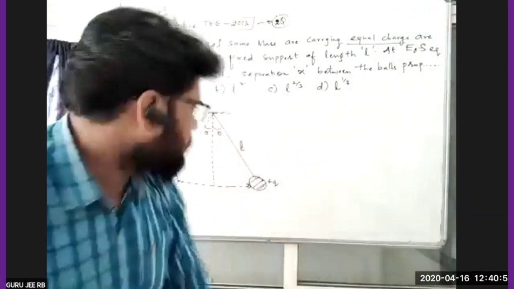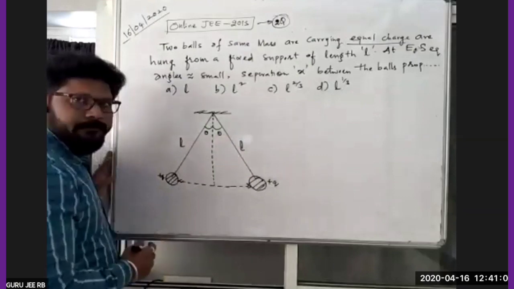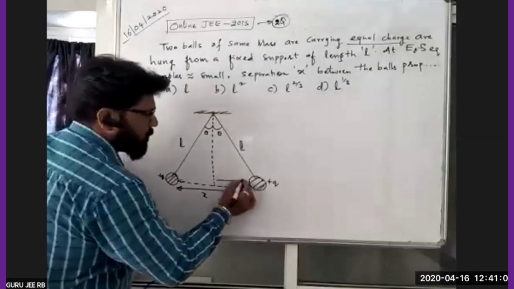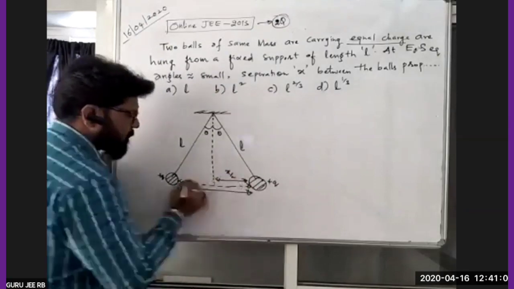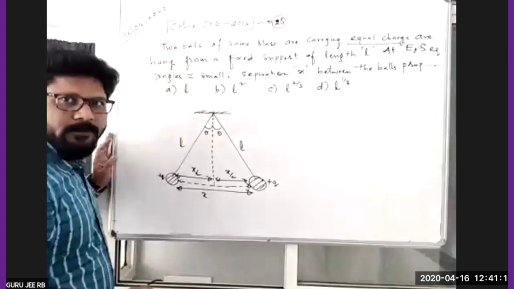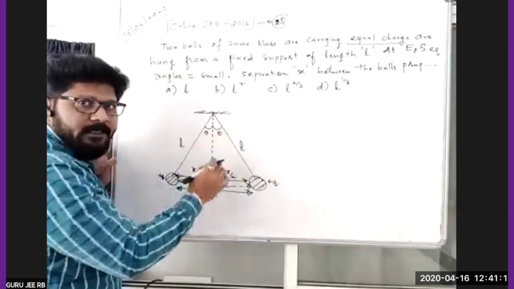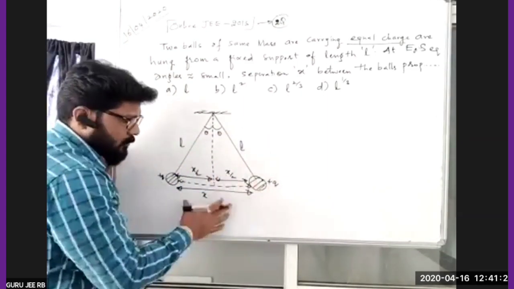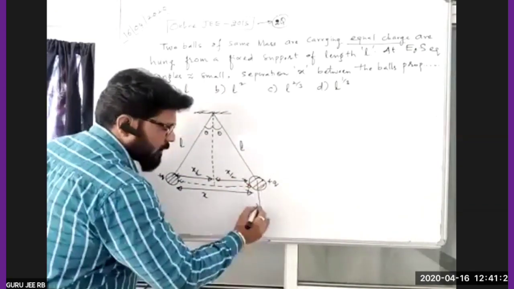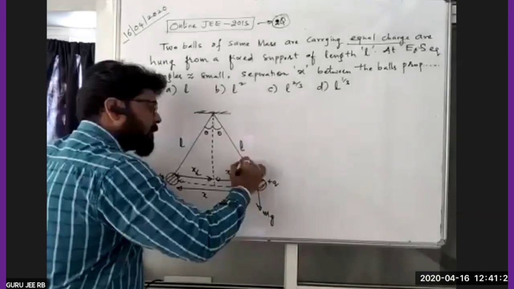Okay. Now coming back to this one, theta and theta. Let me take this distance as x. From the center to this distance is x by 2. Just we are assuming L, this is theta and theta. This is an electrostatic equilibrium. Now weight of it is acting downwards, mg, and tension is acting in the upward direction.